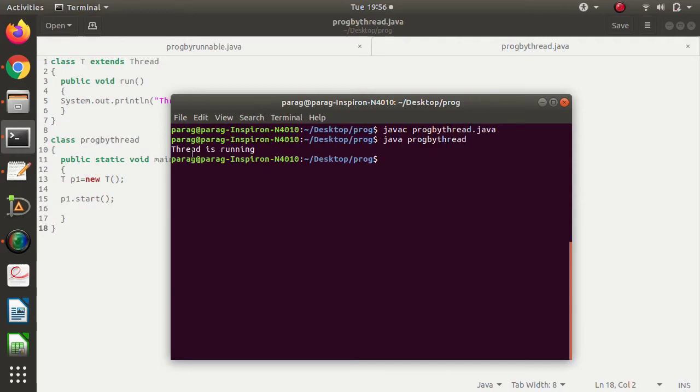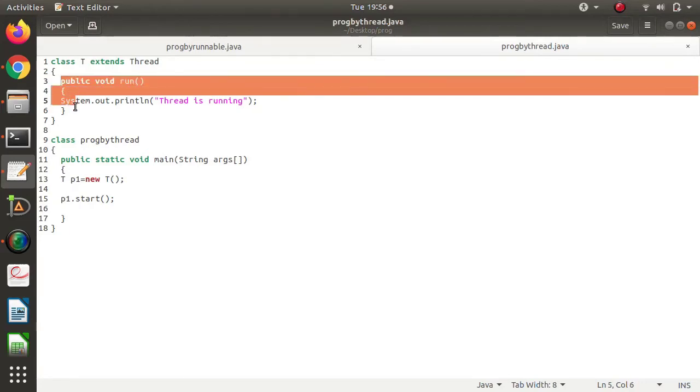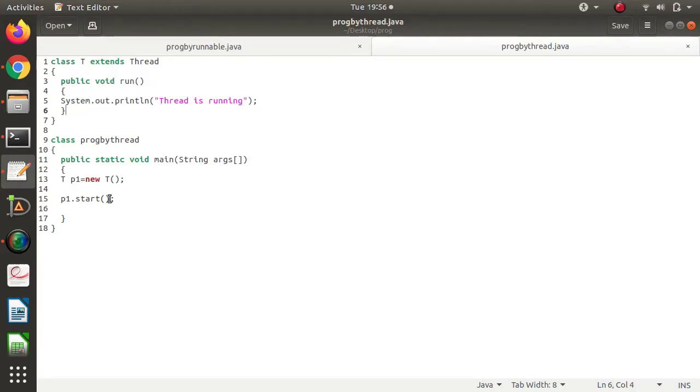So we got the output. We have created one thread. In the same way, we will create another thread and give the same task to that thread. To create another thread, we'll create one more object, P2, of T class, and for that again we will call the start method.